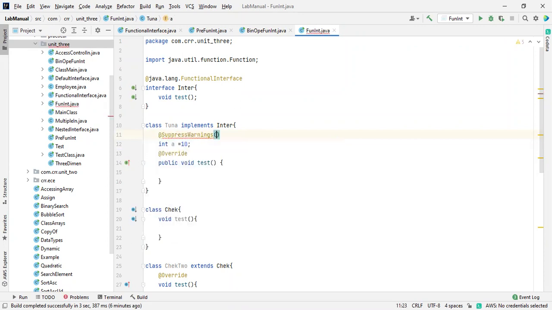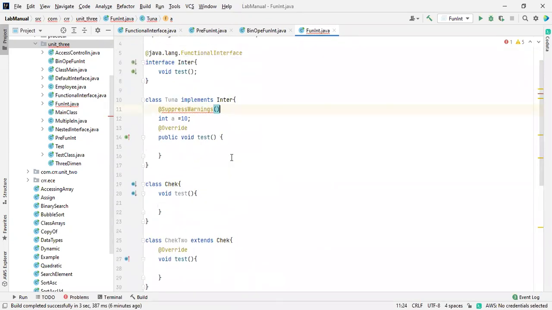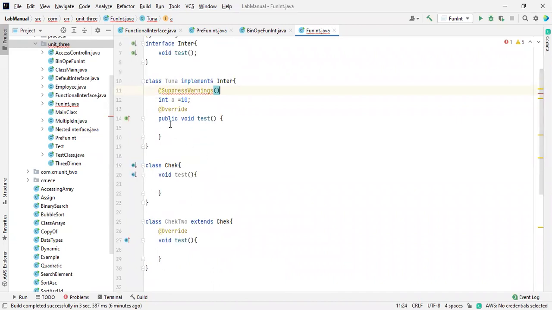To avoid warnings, suppress warnings also will be okay. Actually, it allows somewhat different values, a string value. I'm going to give you 5 to 10 annotations. Just read those things. I will explain each and everything separately, because if I mention everything inside one program, you will get confused about the usage of it.